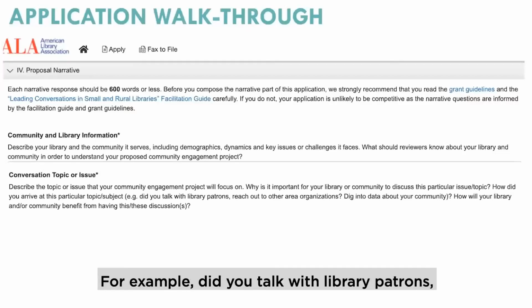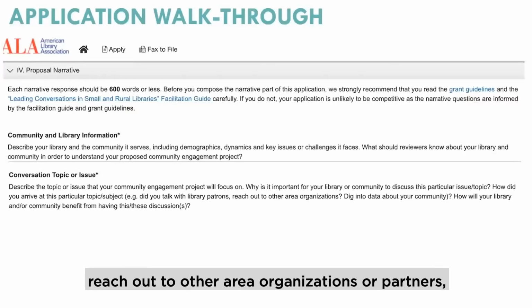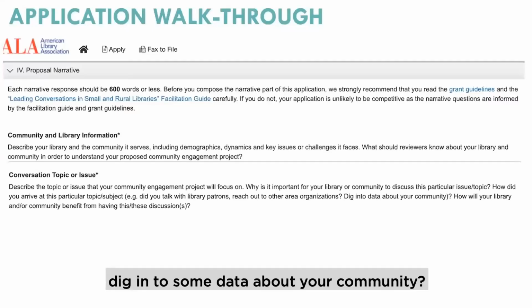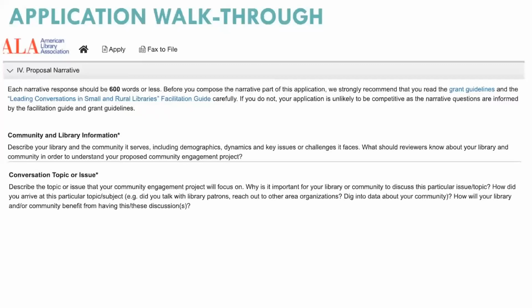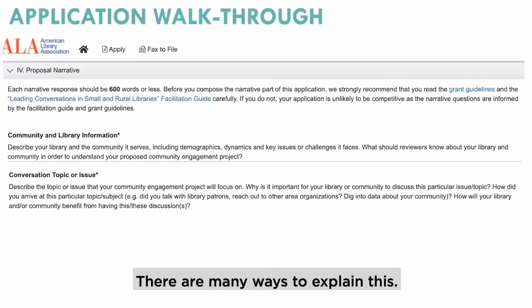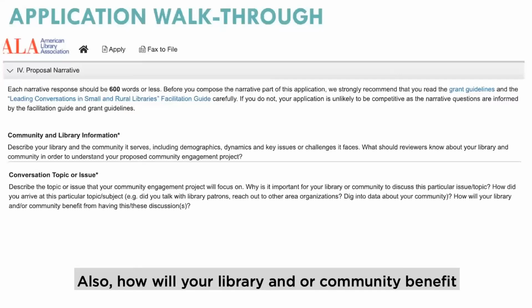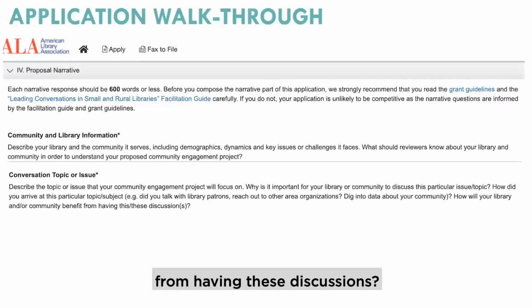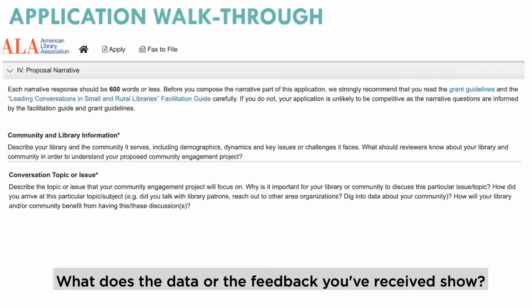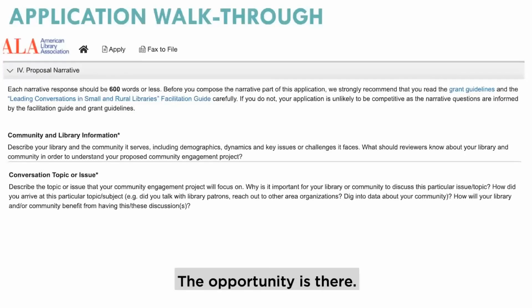For example, did you talk with library patrons, reach out to other area organizations or partners, dig into some data about your community? There are many ways to explain this. Also, how will your library and or community benefit from having these discussions? What do you hope the benefit will be? What does the data or the feedback you've received show the opportunity is there?